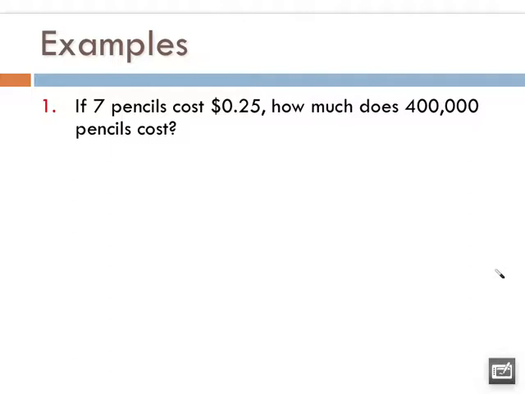Nicole, let's start with you. How'd you set it up? I put 7 over 0.25 equal to 400,000 over X. Who set it up the same way? Okay, beautiful. Cross multiply, solve, do all the math magic, and you find out that 400,000 pencils costs